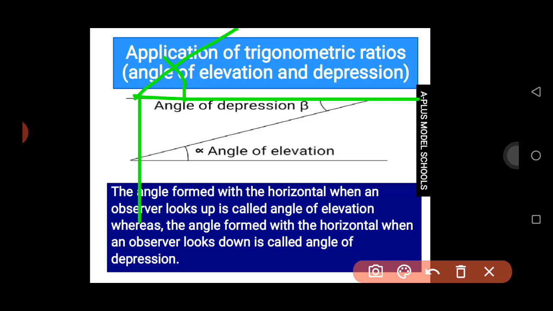When an observer looks up, you can see this is the horizontal line, and this is when you look up. So the angle it forms with the horizontal is called angle of